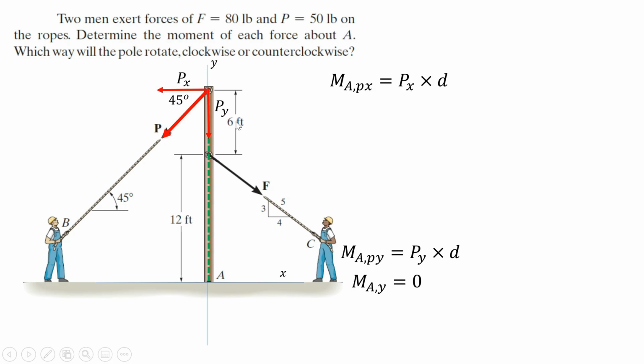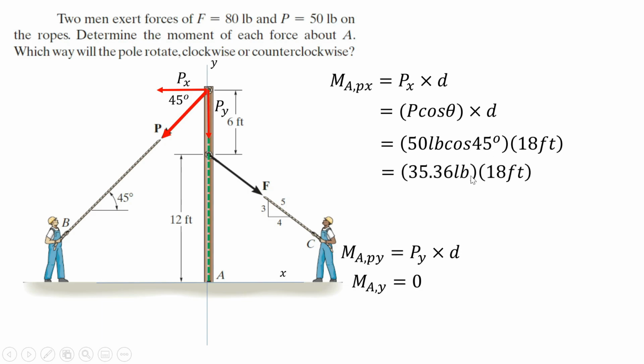Px is the adjacent of 45 degrees, so that is P cosine 45 times its moment arm. P is 50 pounds, so that is 50 pounds cosine 45 degrees times 18 feet, and that is 35.36 pounds times 18 feet. So the moment due to Px is 636.4 pound-feet, and if you look, this is the pivot and this is Px, so it will turn in a counterclockwise direction, so that is CCW or positive